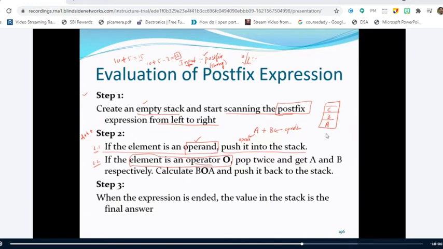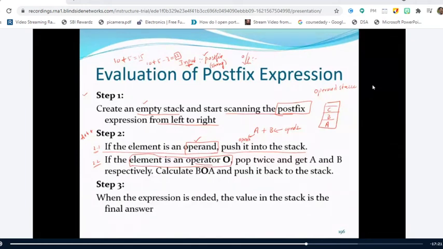But in this algorithm of evaluation of a postfix expression, we are going to store the operands inside the stack. So this stack is called the operand stack. Is it clear? You may be asked an MCQ like this: what is the type of stack that you will use for evaluation of a postfix expression? The answer is operand stack. And for conversion of infix to postfix expression, it is the operator stack.